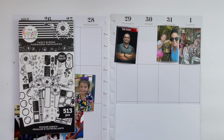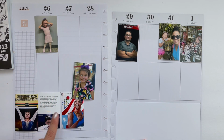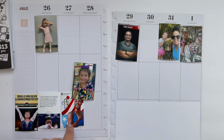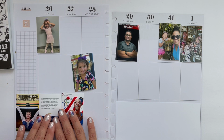We will be doing another memory planner spread in my 2021 album. So this is actually the week where the Olympics have started, so I have printed out some of the highlights. I like to follow the gymnastics. I was watching the hurdlers and track and field, so I do like those, and everything that was occurring with